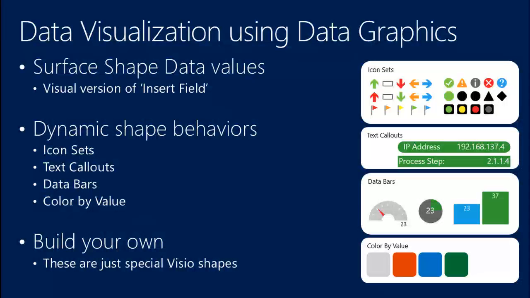So I showed you a little bit about the data graphics functionality. You can connect data to your shapes, and you don't have to use data graphics. You could do insert field and pick a property and just show it as text, and we're going to update that as the data changes as well. But this functionality here allows you to make your diagram look a lot more interesting, right? And do some more complex things actually, because it doesn't say it on here. I think I have it on a different slide, but you can put